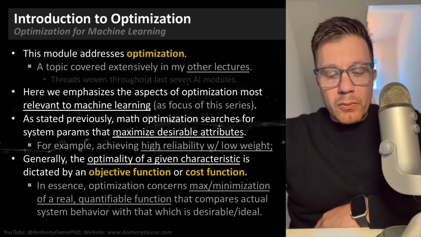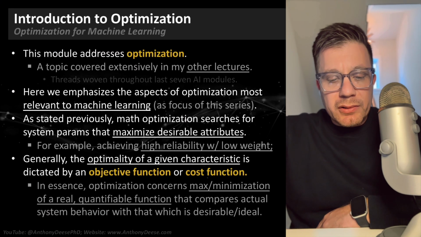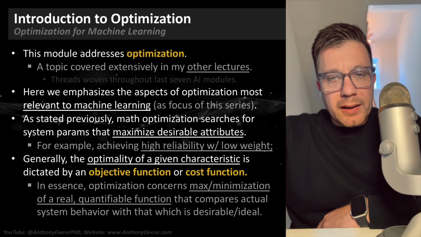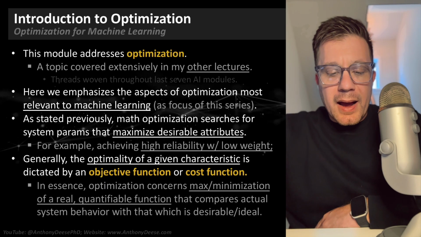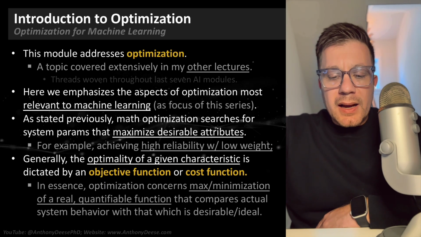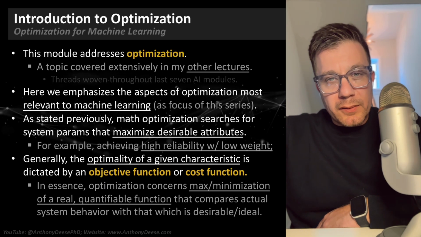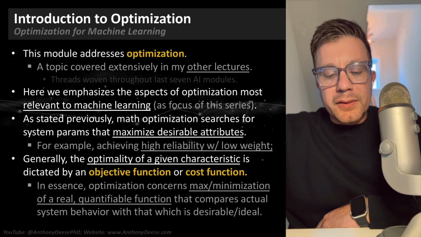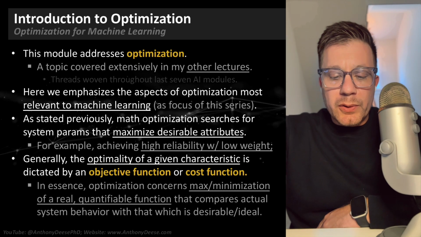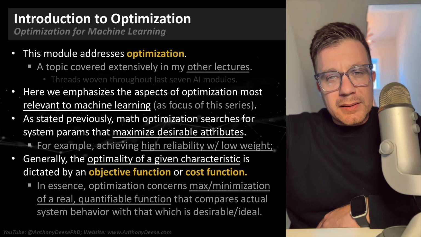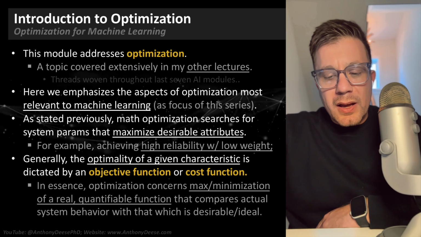Now, like we've said already, this module addresses optimization. It's a topic that we've covered extensively in other lectures, and we can see these threads woven throughout the last 7 AI modules. Here, we emphasize the aspects of optimization most relevant to machine learning, as that's the focus of this series. As stated previously, mathematical optimization searches for system parameters that maximize desirable characteristics or attributes as well as